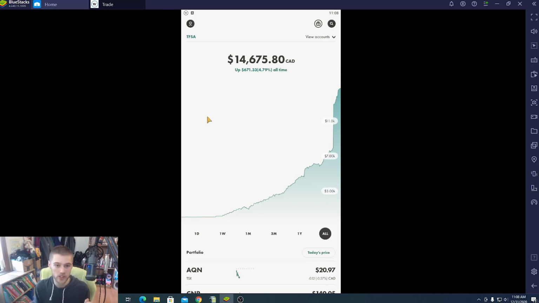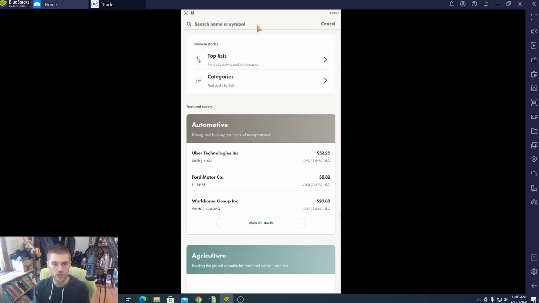So in order to buy stocks in Wealthsimple Trade, it's pretty simple. All you have to do is click this little search thing. So you see a little magnifying glass, you click on search, and then we can start searching for each individual stock. Now, when you're looking for stocks, it's important to always look up the ticker. And I usually go on Google to do this. I'll type in the stock name and make sure I have the right ticker,